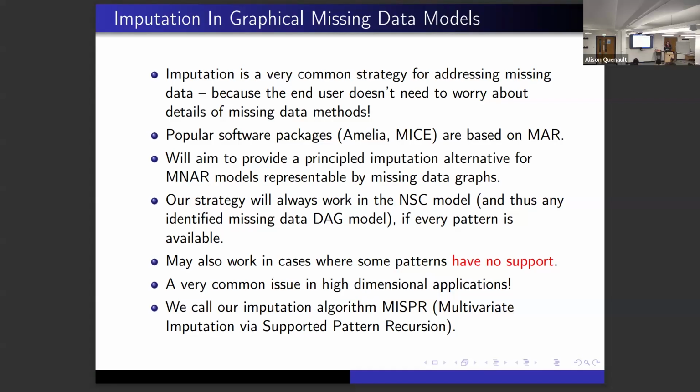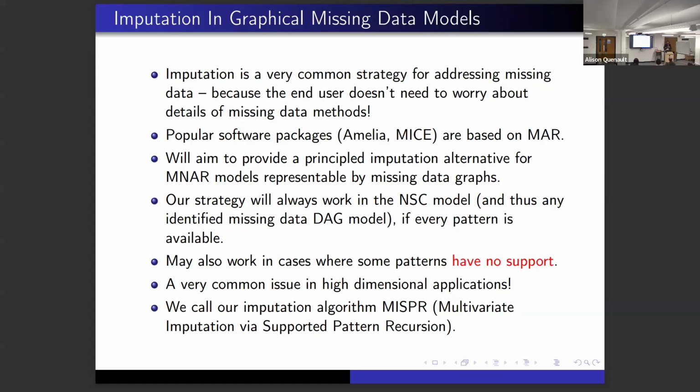If I give you a missing data model, it's not completely clear what patterns are actually load-bearing. Everybody knows you need complete cases. Otherwise, it's not really missing data anymore. But other than complete cases, you probably need some other patterns to be there. Which patterns are those? Well, that depends on the model. And I think that question is kind of underexplored, actually. If I give you one of the models from a couple of slides ago and ask you which patterns are necessary, I don't think people know in general.